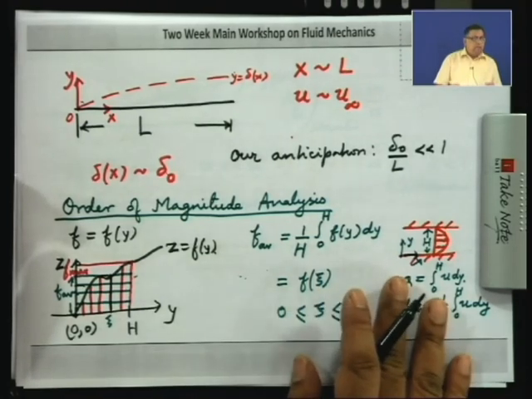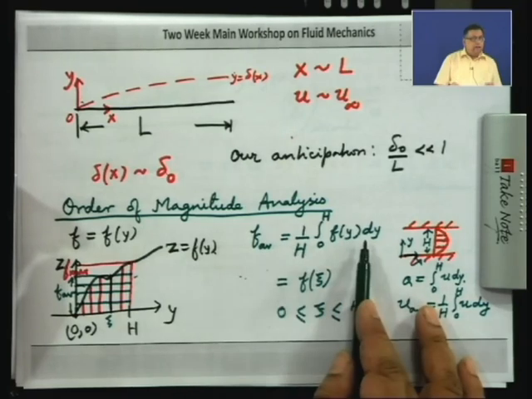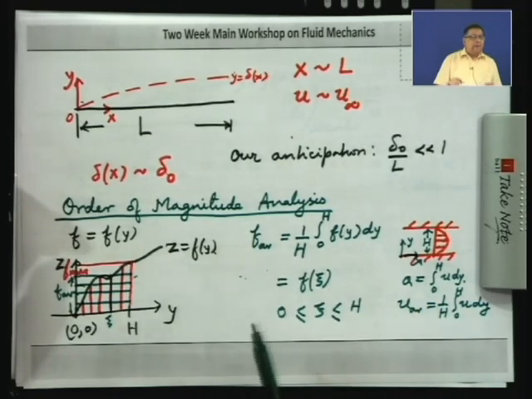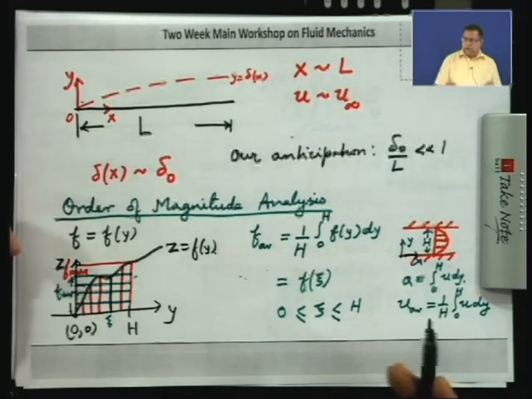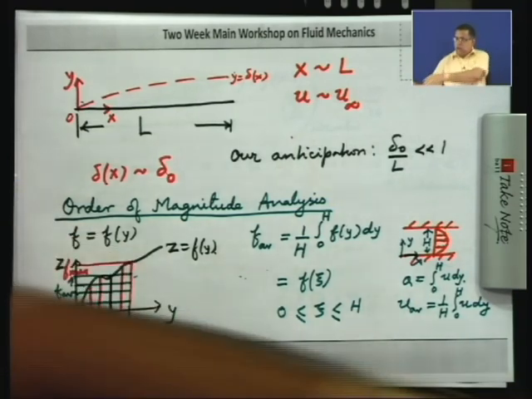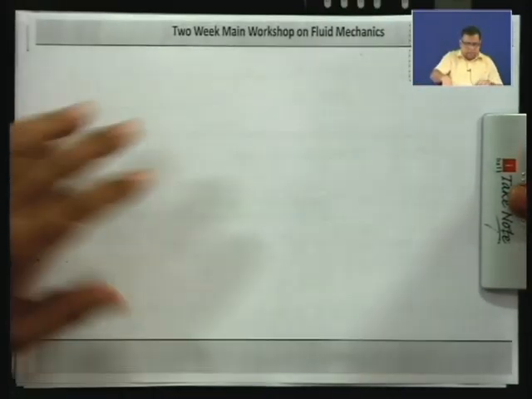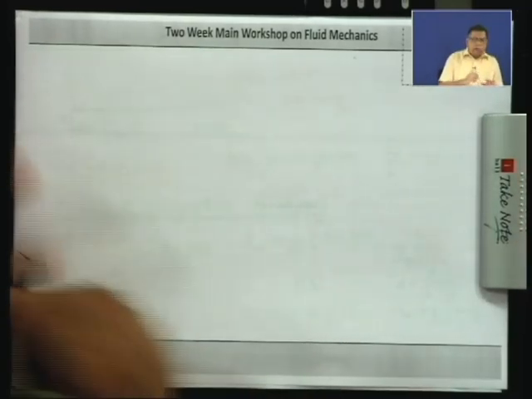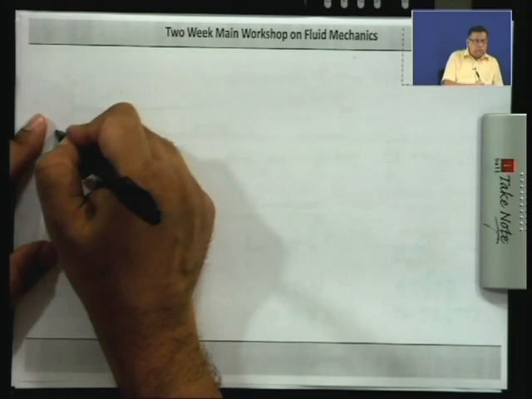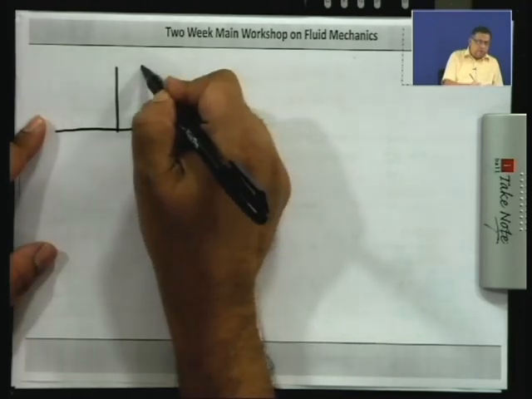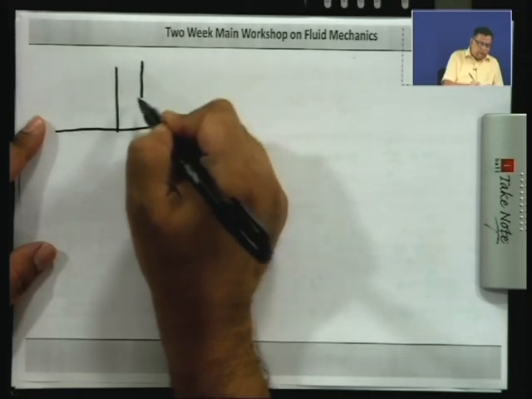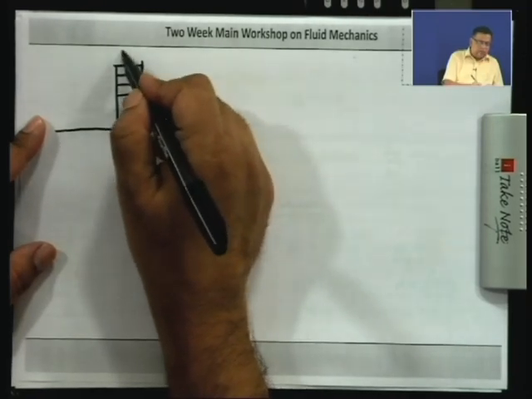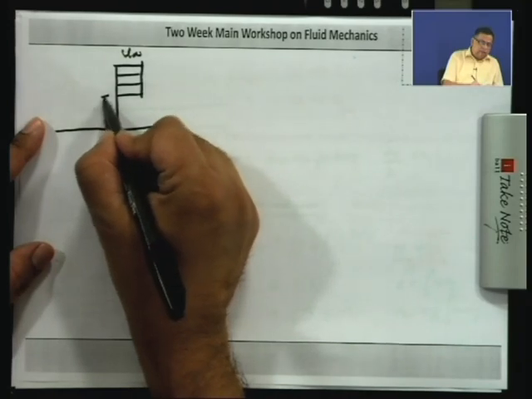Now, why are we doing all this? We will show that using this definition of the average, we can find out what is the average value of, say, derivatives with respect to y, and then we can get an idea of the order of magnitude of what is del u del y. All right. Now, we know from experimental observations and our approximate solution that you have a profile of this nature. So, if I say this is delta of x,